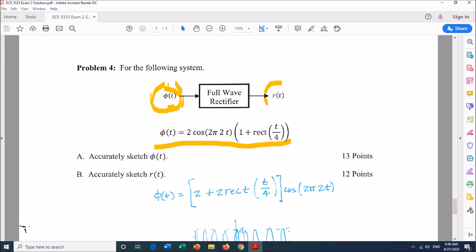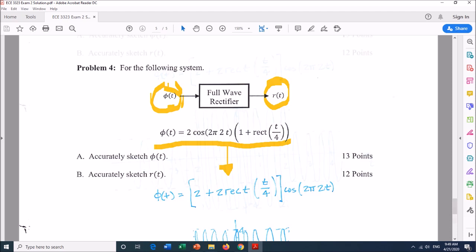Number 4, we've got this modulated signal, which is given by this equation, going into a full wave rectifier, and then I want to see what the signal is coming out of the rectifier. So we have an equation, and we're asked to sketch this. Now it's been jumbled a bit, but you can easily see that you can rearrange this in a form that we've been more familiar with as an